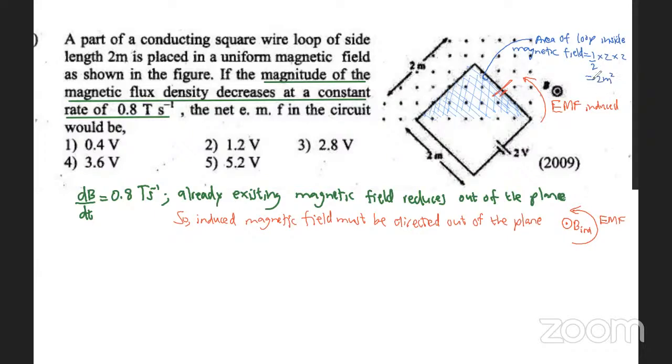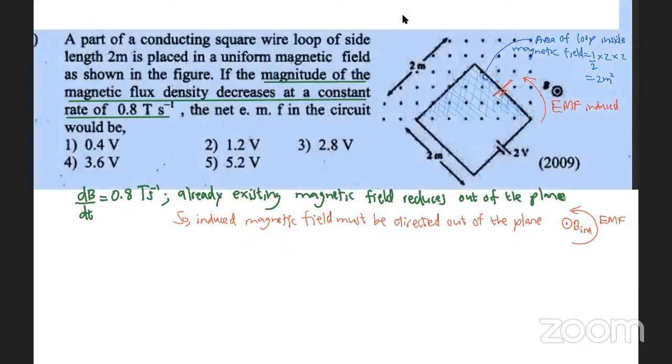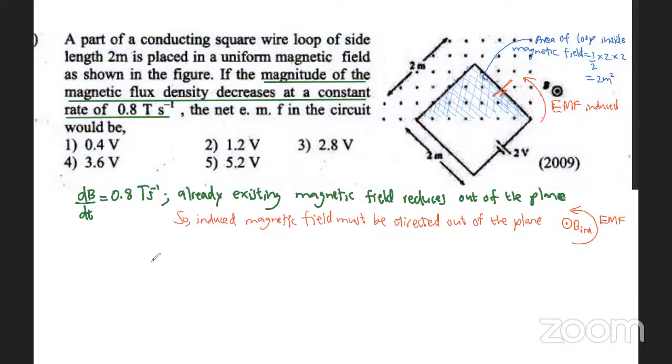Careful. In the previous question, we could consider the entire area, because the entire loop was in the magnetic field. Now only half of the loop is in the magnetic field, so you have to take only half of the area. Hence, let's go to Lenz's law. Sorry, not Lenz's law, Faraday's law. According to Faraday's law,